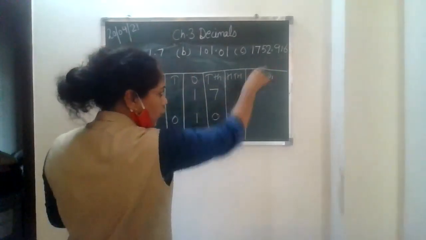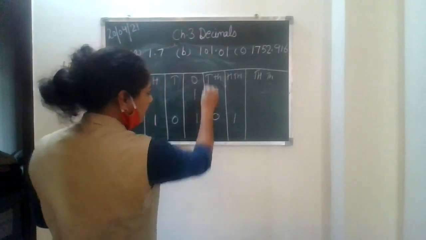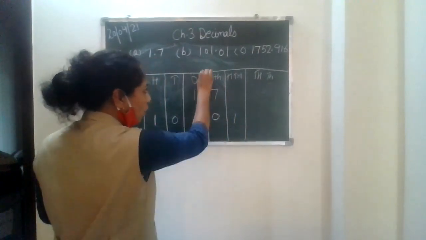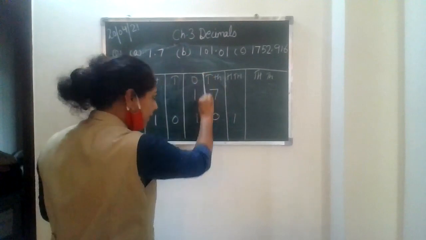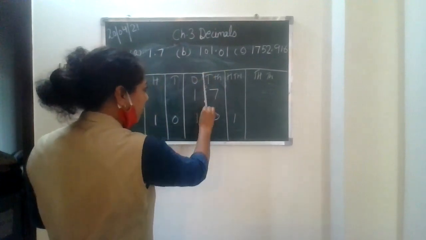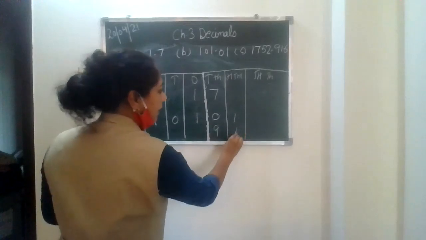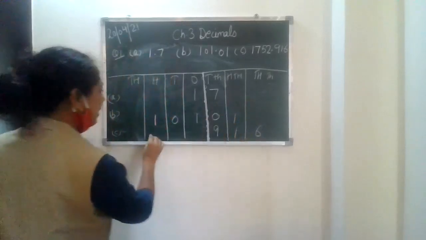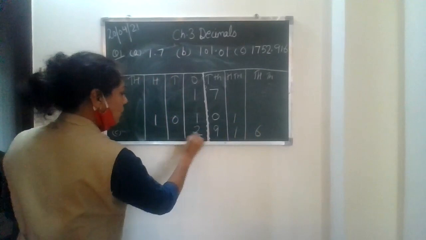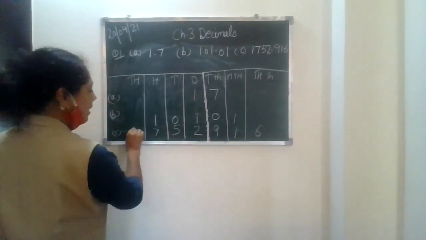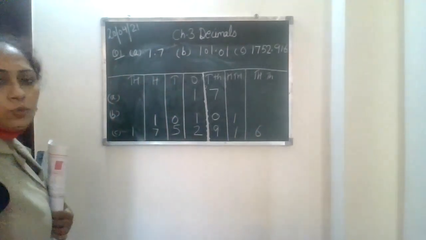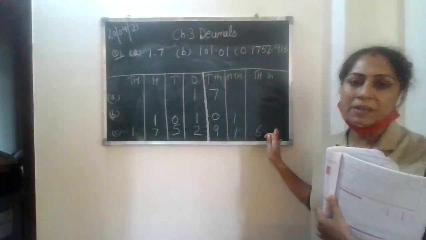Now C part, 1752.916. First of all, we are going to cover the decimal part 916. This is a demarcation for the decimal. After ones, what comes is the tenths, this is a demarcation about decimal. I'm drawing it in a curvy way so that it should be very clear. 9, 1, 6, and here it is 2, 5, 7, and 1. Okay, 2, 5, 7, and 1. So here we got all the 3 parts done for the place value.